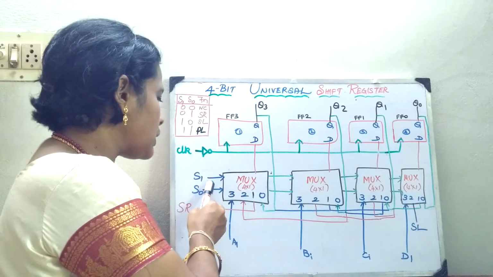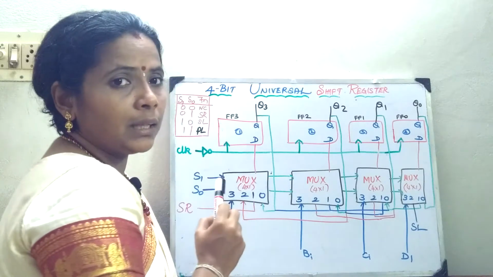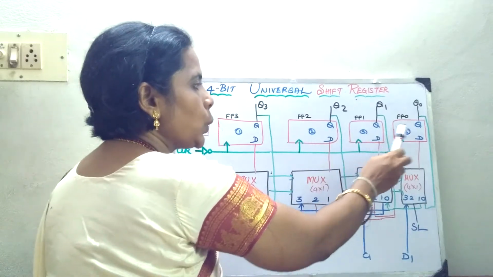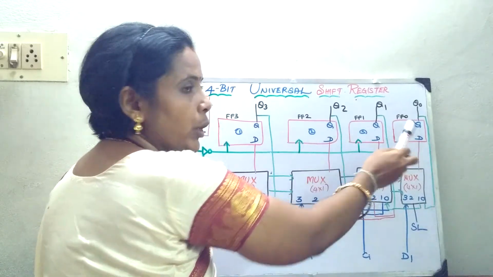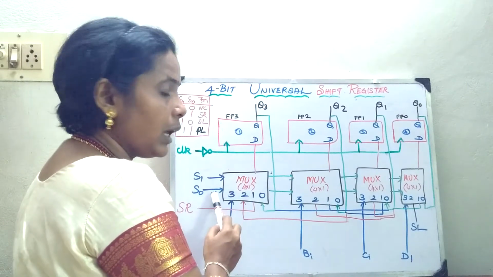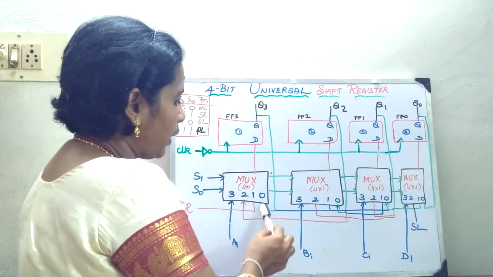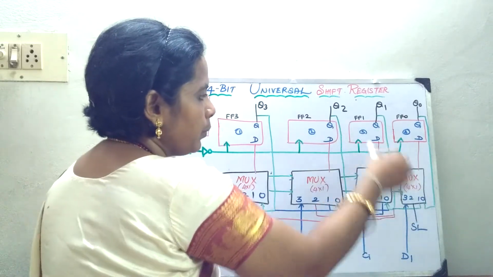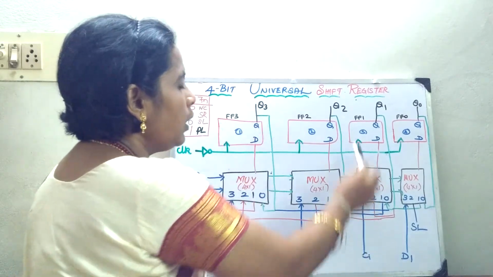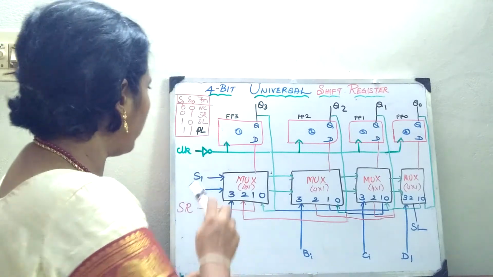Whenever I give a 0, 0 signal, it is a no change condition. That means whatever data is initially stored in the register, when I give the 0, 0 signal, the stored data from the mux is uploaded to your register. That's all. You are going to have the input and the output from the register when the 0, 0 signal is given.